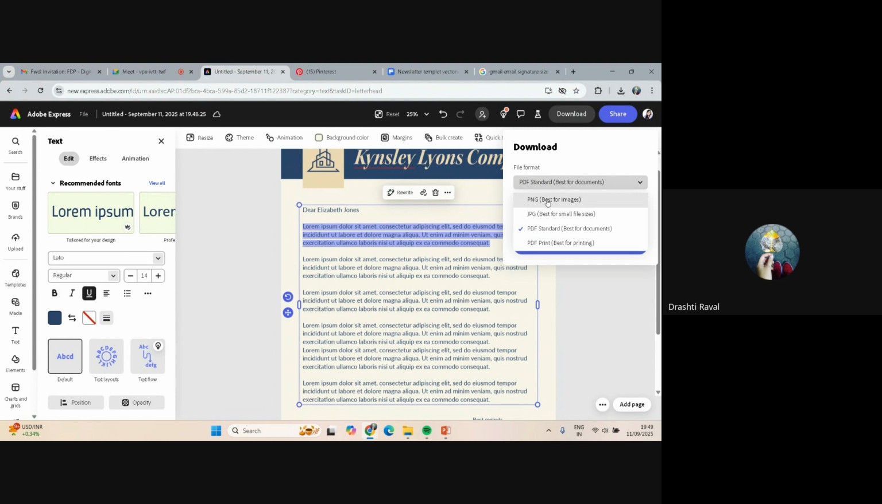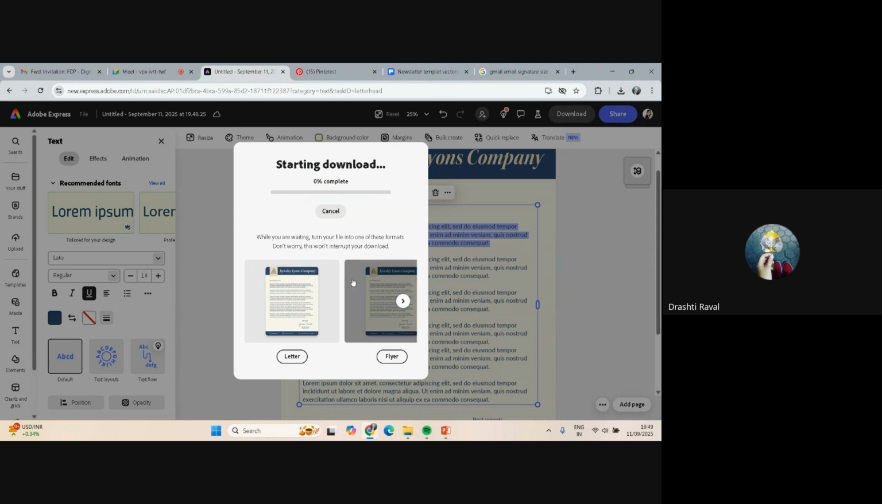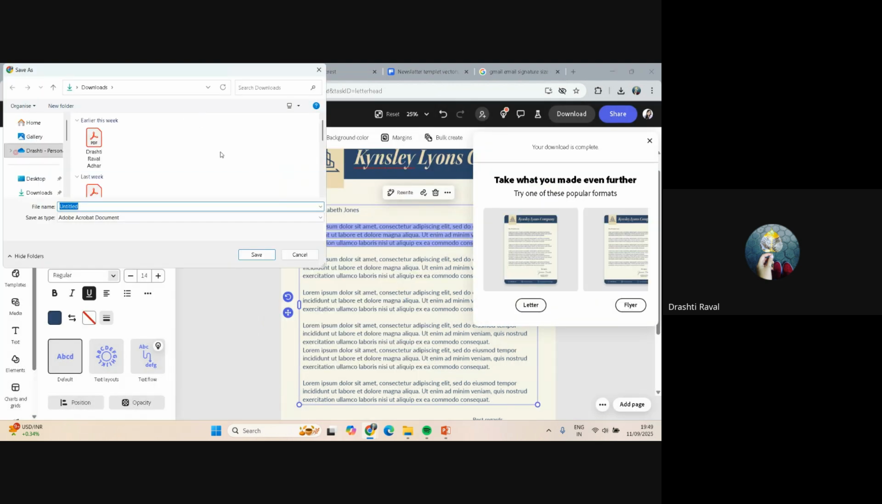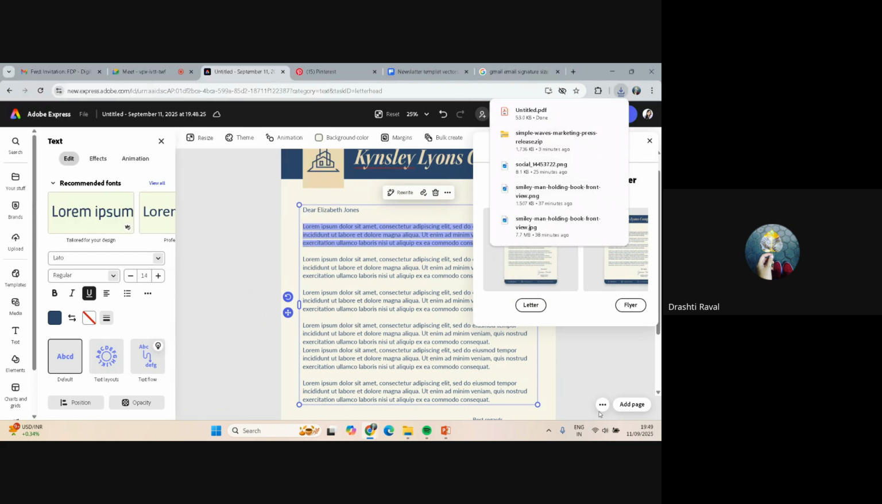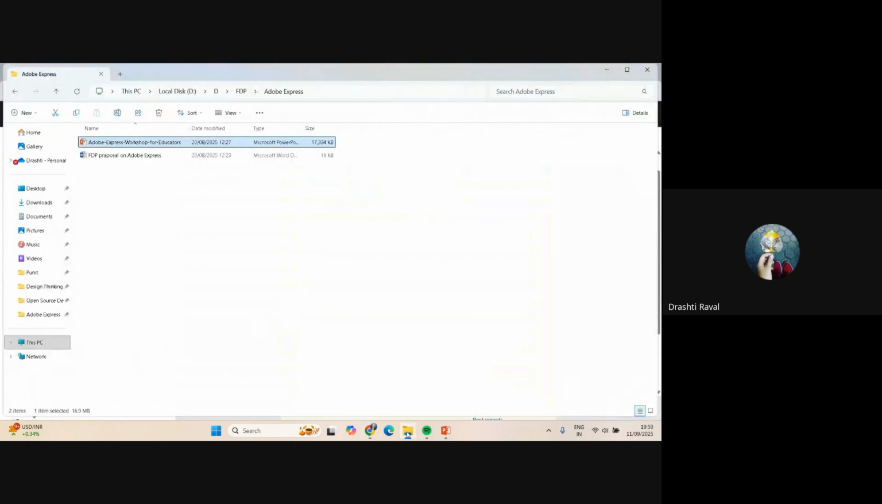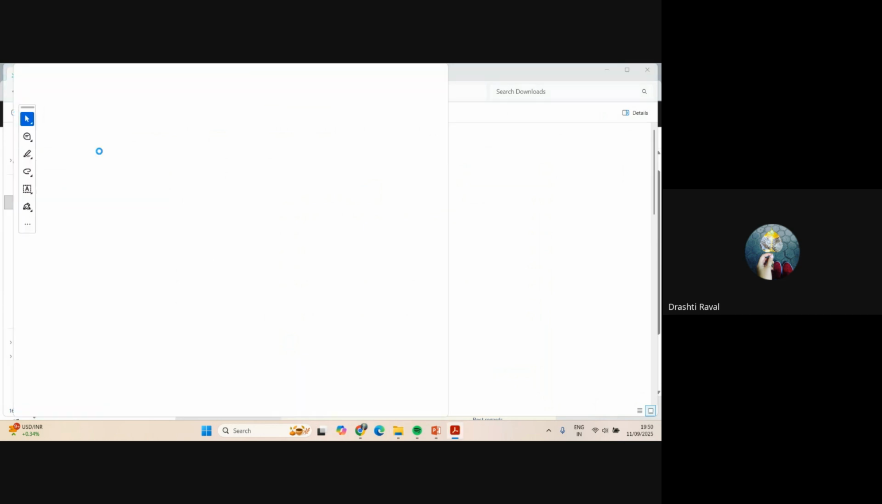You can download this in PNG, JPG and PDF form, standard PDF form. I prefer to download in a PDF right now, and they show us what size you want to download it in. We have just downloaded the PDF, and when I come back, you are able to see my screen. When I'm opening this PDF,